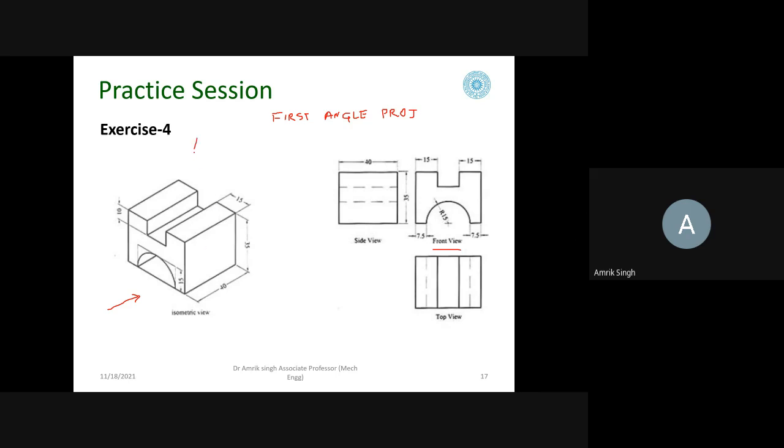Now from the top, this top view is drawn in the bottom. So this is there. But this line and this line, so it is hidden. You see, hidden line. Okay? And then you have drawn this side view.